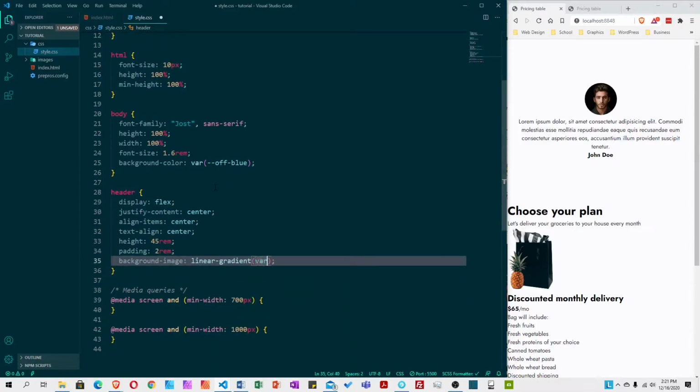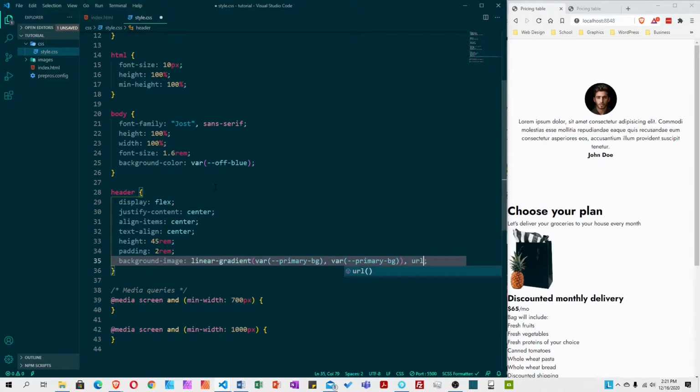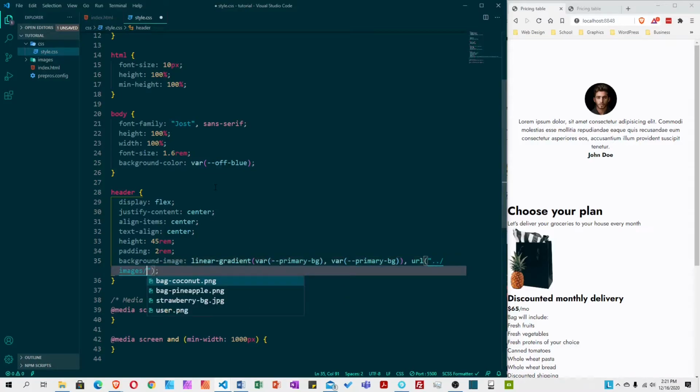So silver, and the second color will be the same. Say url for the image, say two dots forward slash. Now go inside of the images folder, and then I will choose the strawberry background. I save it,